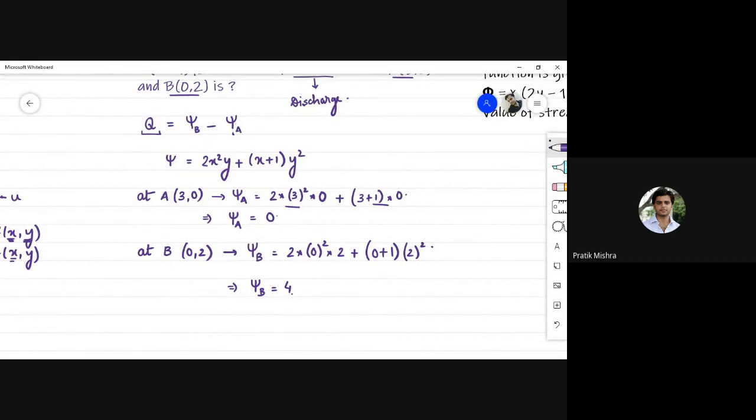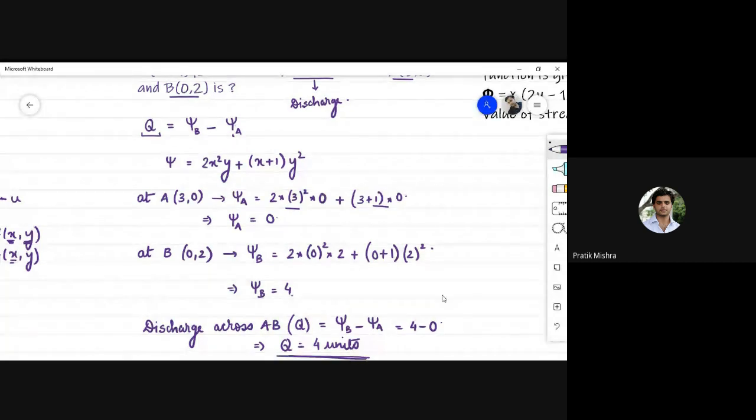So in order to calculate discharge across AB, discharge across AB is given by psi B minus psi A, that is 4 minus 0. So your discharge Q comes out to be 4 units. This was a simple question that was asked. Hopefully you were able to solve this question too. Next is